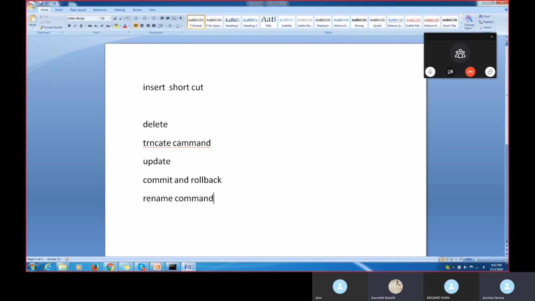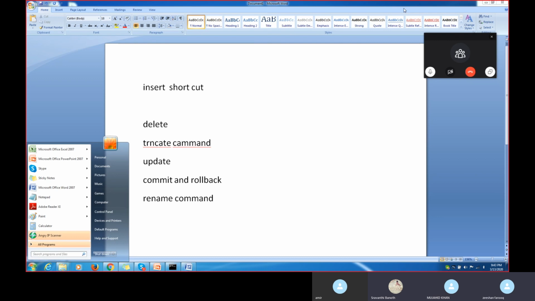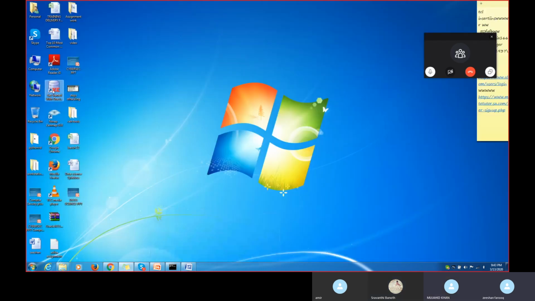Mujahid bhai, you got Oracle installed on your PC now? Yes, I installed, but I didn't get the shortcut on the desktop. I don't know why. You didn't get what exactly? The shortcut. You go to the command prompt, right? I told you, once it gets installed, it will be installed like this. Yeah, but you said one icon comes on the desktop, right? But I didn't get any. Like this icon will be there. I didn't get that one. That's why I'm telling. But from the command prompt, I can go into Oracle SQL. Okay, from the command prompt. Yeah. But I didn't check it again. Let me check it.